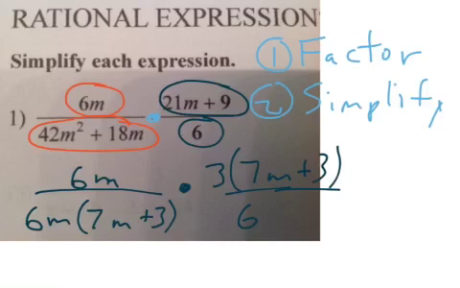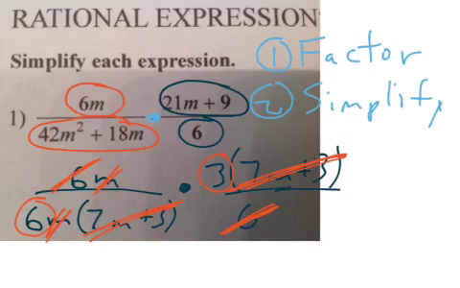Now notice something here. First of all, I did factor everything that was possible, right? And see how we have a 7m plus 3 there and a 7m plus 3 up there? Well, they'll cancel each other out. And notice the 6 right here with the 6 over here, they cancel out. Notice the m right there with the m right there, they cancel out. The only thing left is 3 and 6,